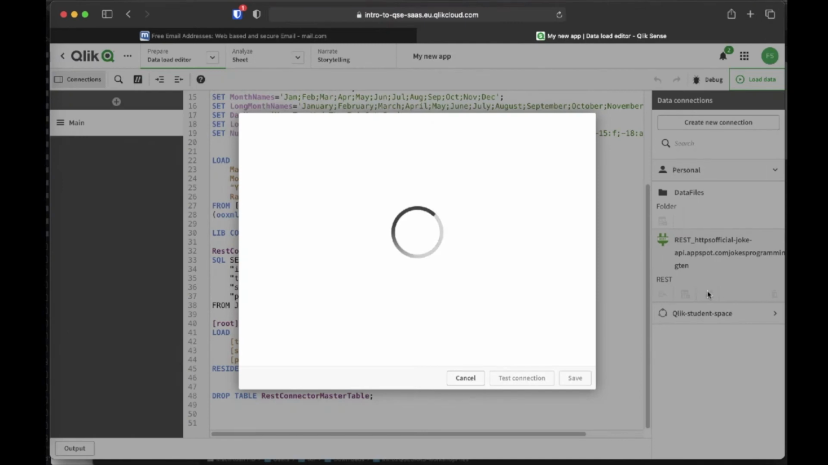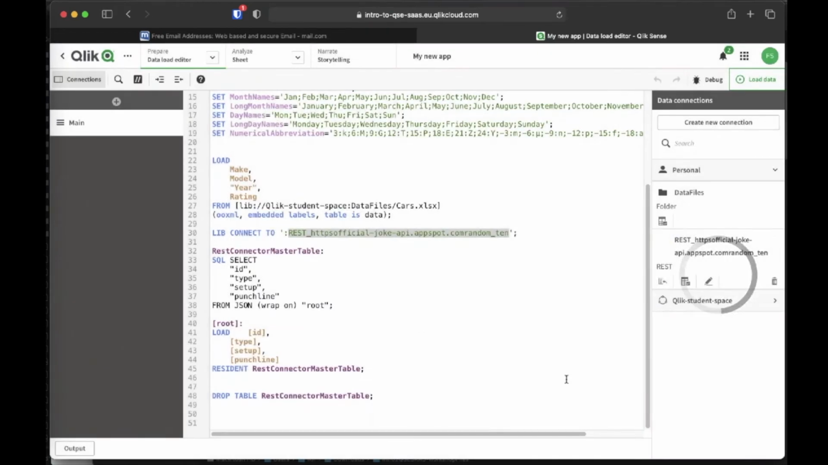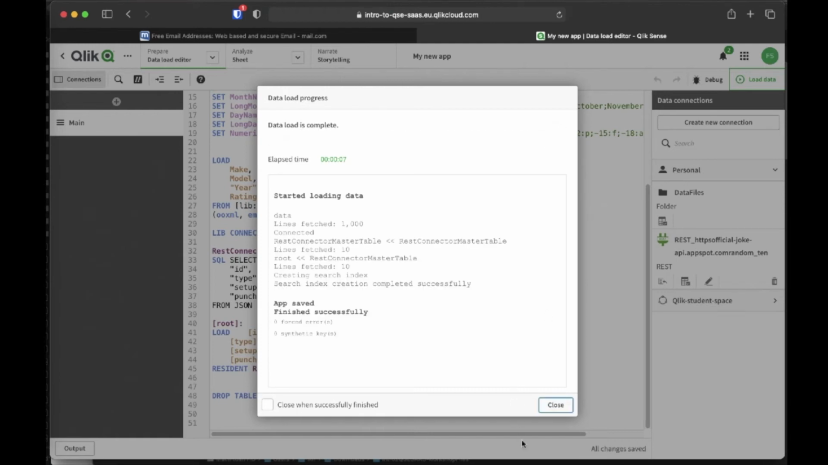In the workshop material, I called these jokes, which is probably a bit easier, but I didn't do that here. So in the name, let me... Save that. And now click load again. And it's worked. So what's happened here